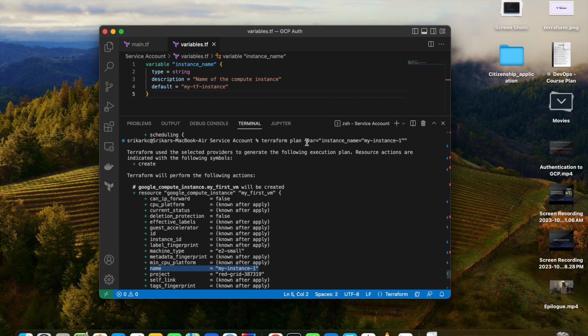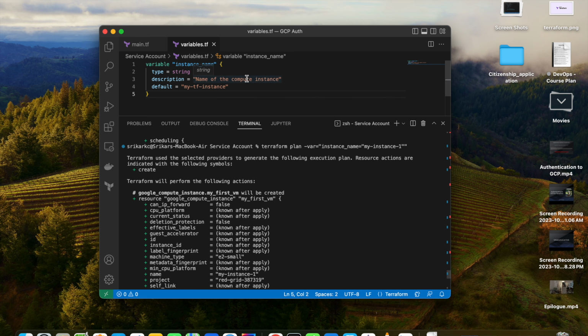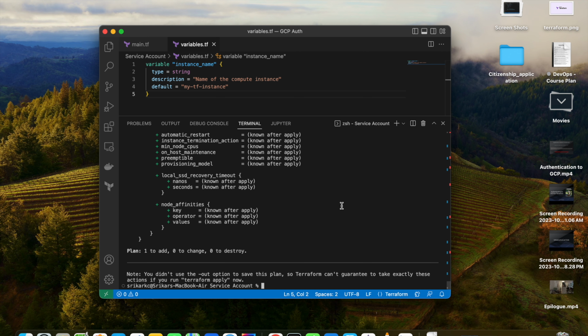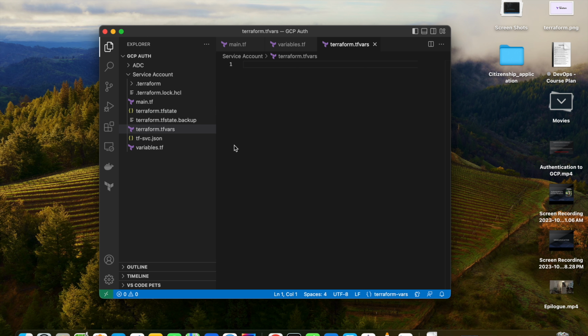While it's easy to provide an argument for one variable from the command line, if you have multiple variables, for example the instance name and machine type, which is often used in production, it's easier to use a file with all the values of the variables and then use that file as reference. The way we can do that is we can create a file called terraform.tfvars, and here we can declare the values for the variables that we've declared in variables.tf. So if I say my-gcp-compute-instance,